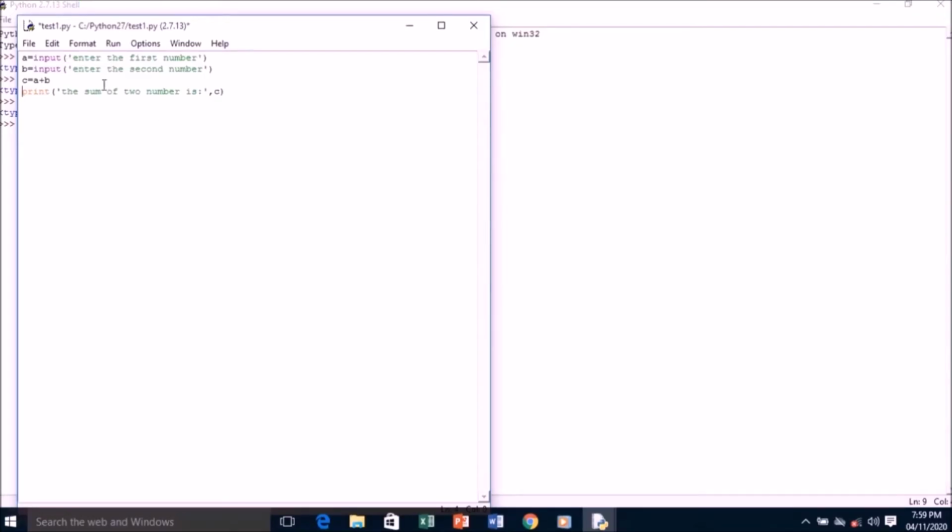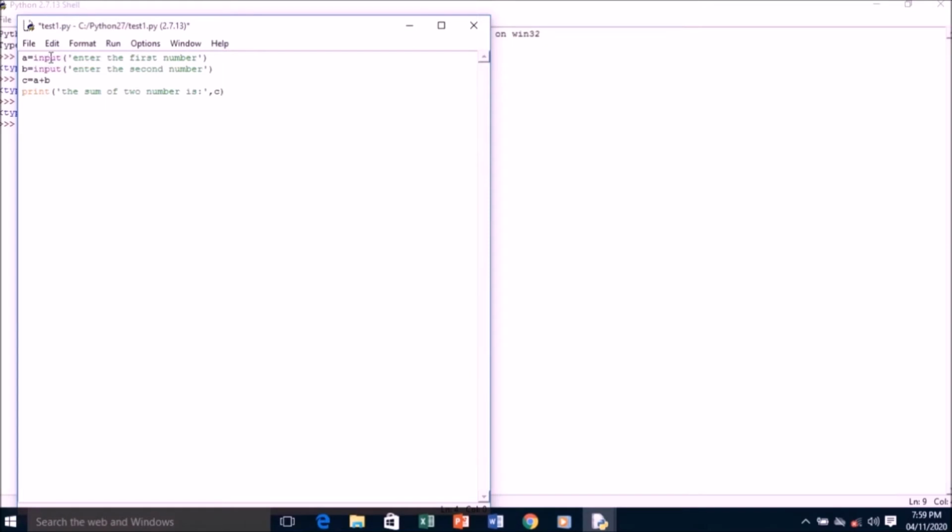So this is the program. I have typed the program for you, my children. Here a is equal to input, enter the first number. We have used the input function, and in parentheses we have written enter the first number in single quotation. That means whatever we write in single quotes will appear as it is in the output. Next variable is b. Again we have used input function, and we have written enter the second number.